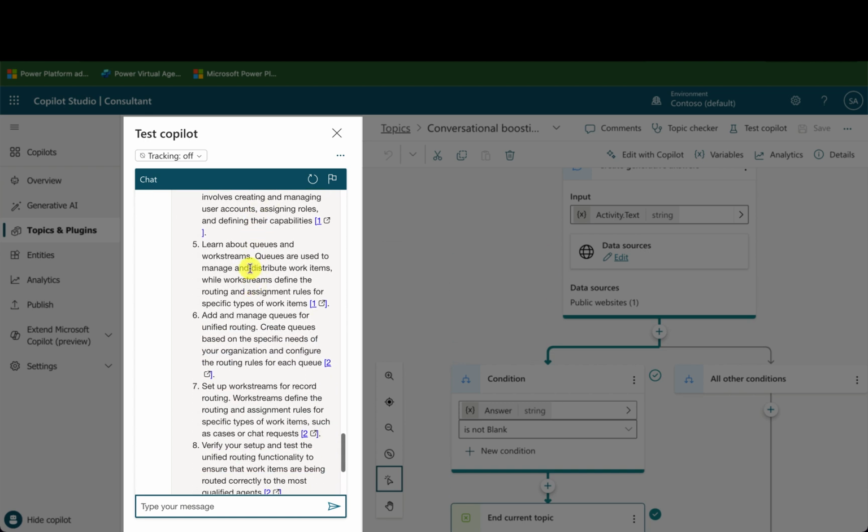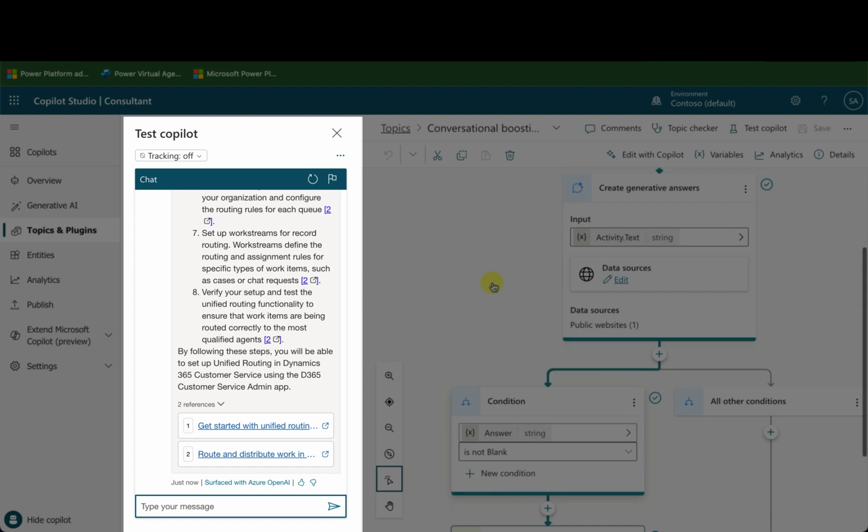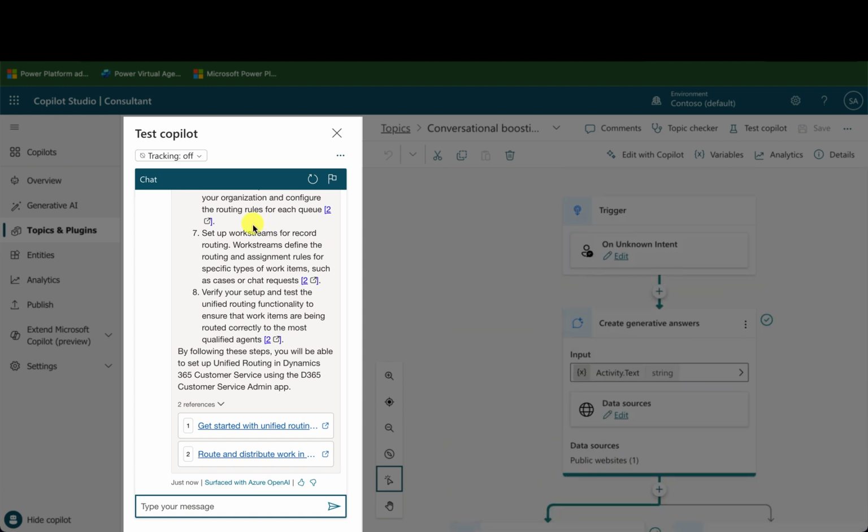So it's really saved me a lot of time to just cut through all that information and have it presented back to me. So I can now just click through those steps and have that set up in Dynamics really quickly. You don't need to have a look or worry about what's going on here. This is just showing you the flow that's executing once I basically submit my question to Copilot here. So you don't need to worry too much about that. But that is a really fantastic tool.